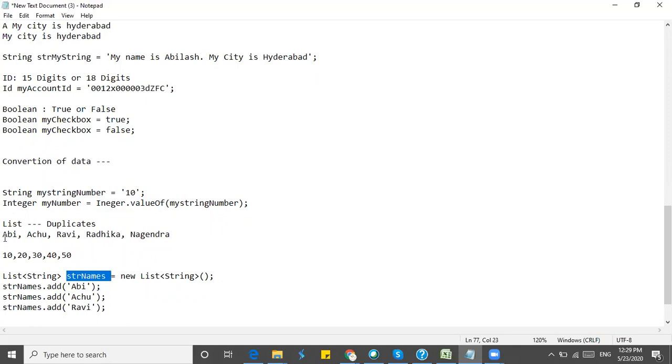So all this data will be saved in str names. We save this variable.